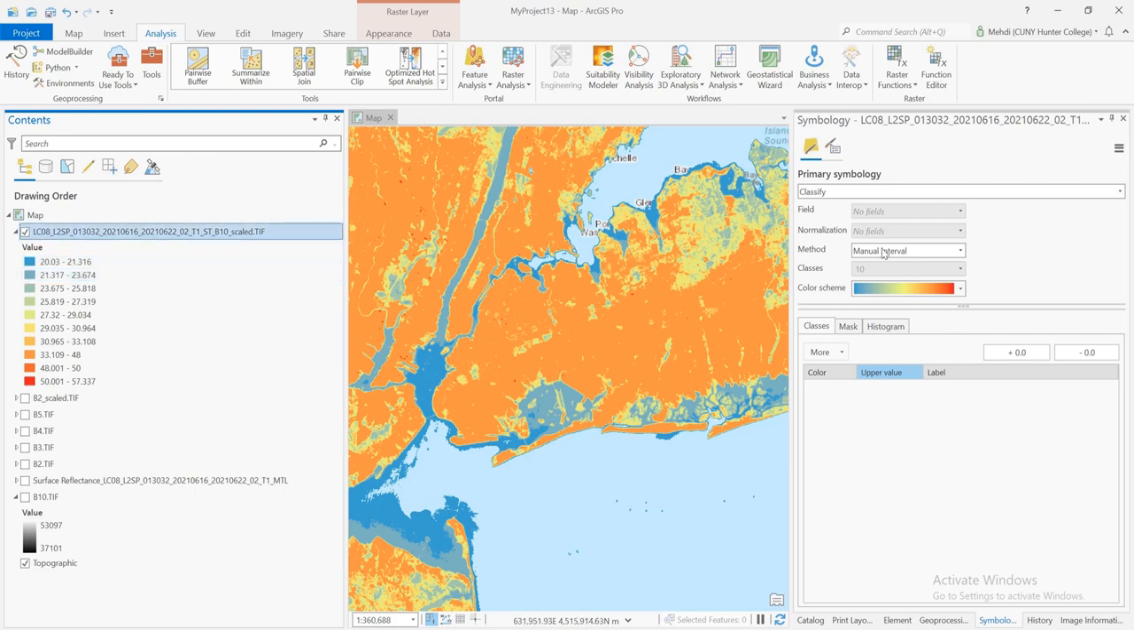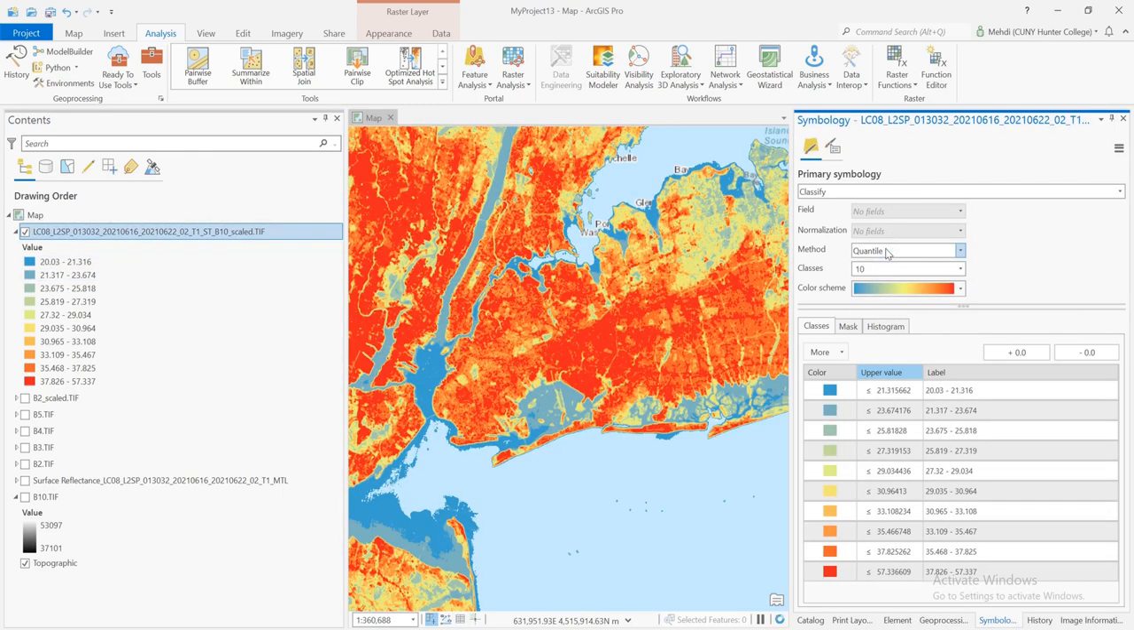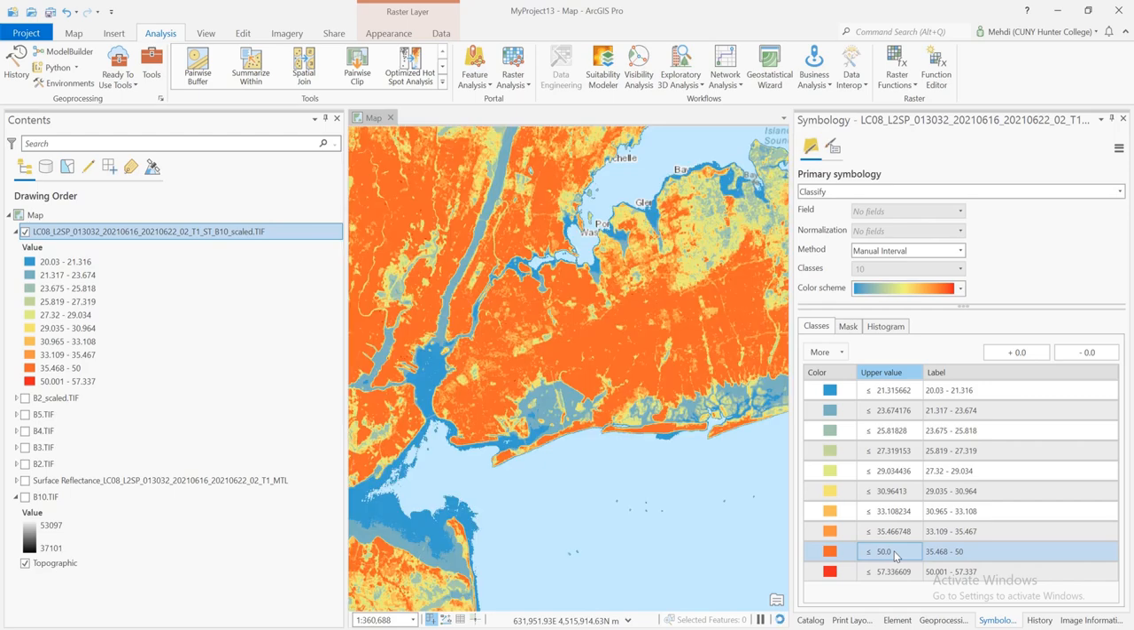Something happened. Okay, quantile again. Oh, that's much better now. So I can say even now, so that's 57, which is the max. We don't want to change the max. I'm going to say, okay, 50, and then here I'm going to say